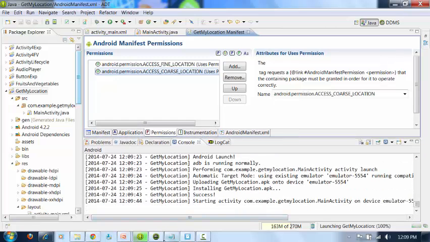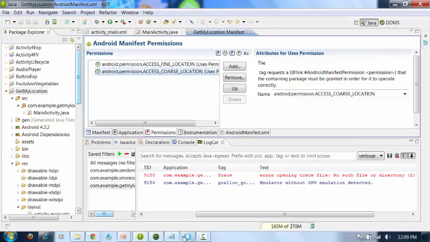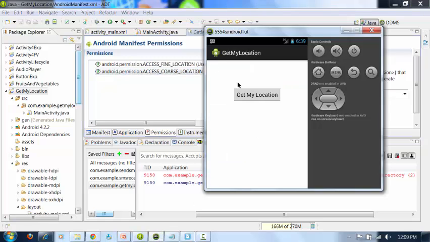It is installing the app. Open the emulator. So here is your get my location application. If I click on get my location,